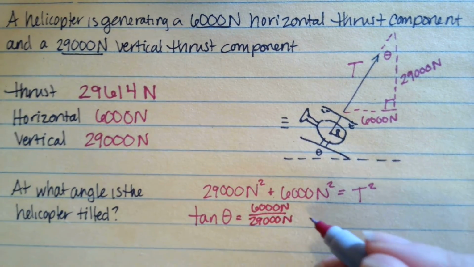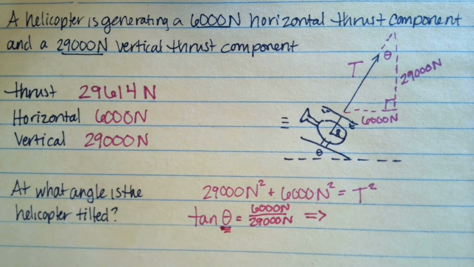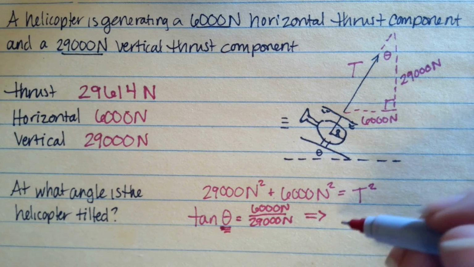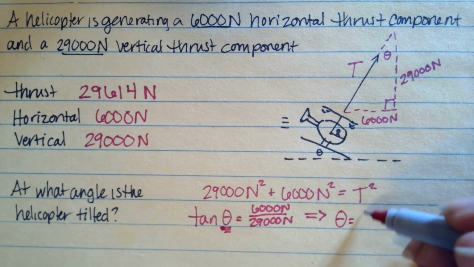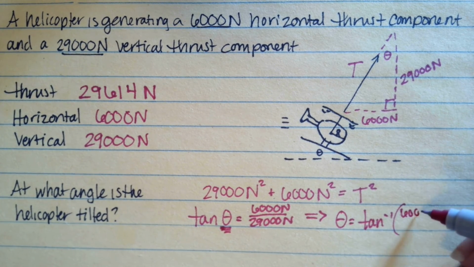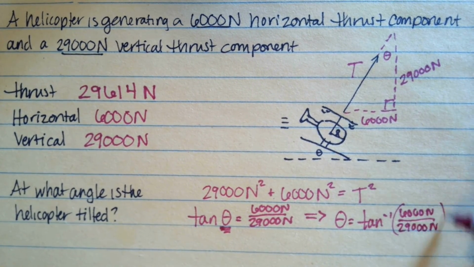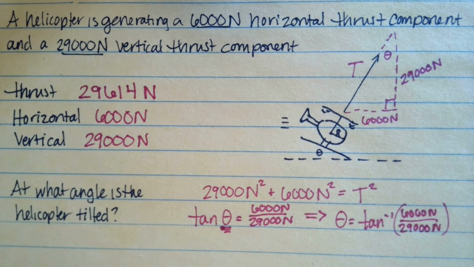In order to solve that, we have to release the theta from the tangent, so we have to do the inverse tangent. So theta is equal to inverse tangent of 6,000 over 29,000. Type that in, plug it right into the calculator, and you should get your answer. In that case, the helicopter was tilted at an angle of